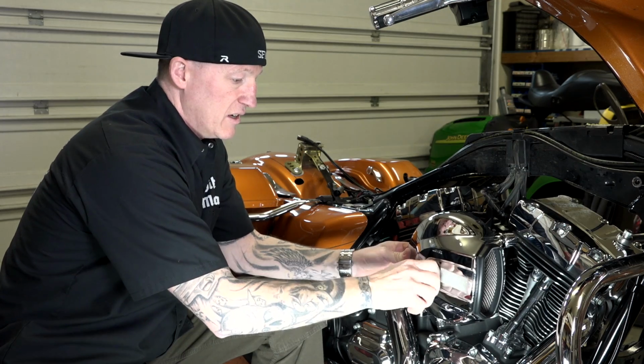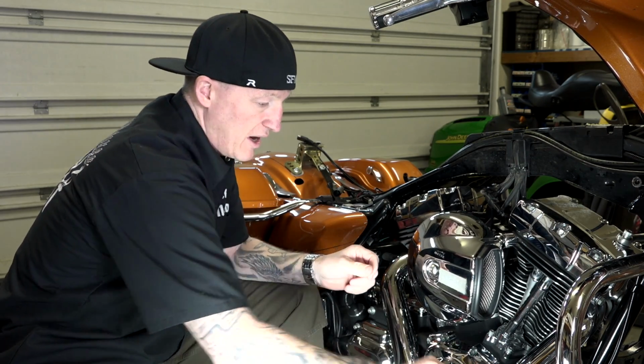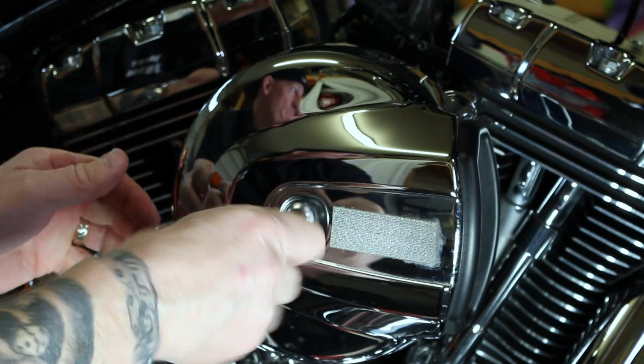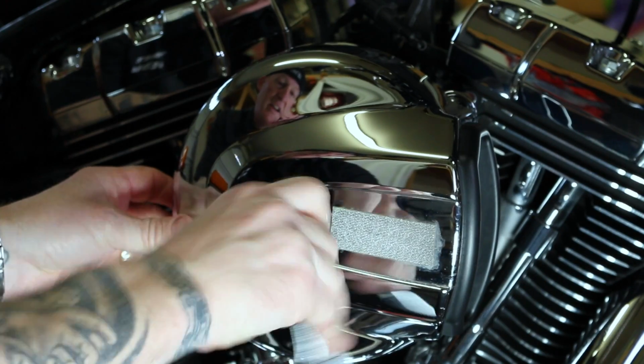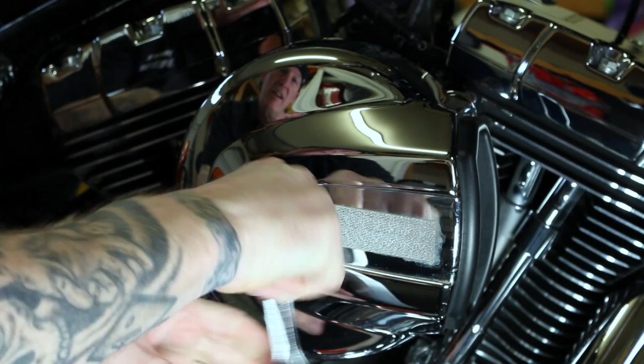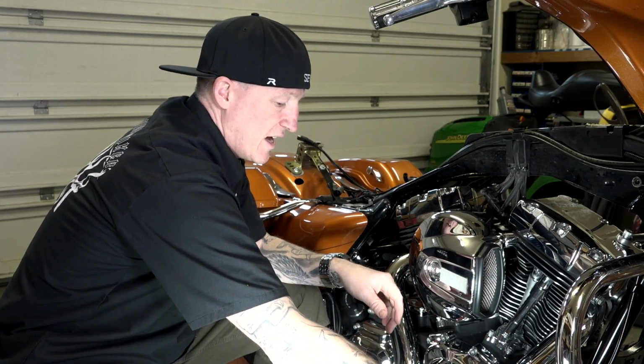And if you're a torque wrench kind of guy, well, no problem. I've done enough of these. I'm comfortable. But they are calling for 36 to 60 inch-pounds if you choose to use that. I'm going to get this all put on here. All right, good. Now, the only other thing, guys, is